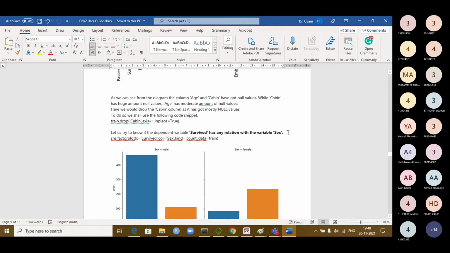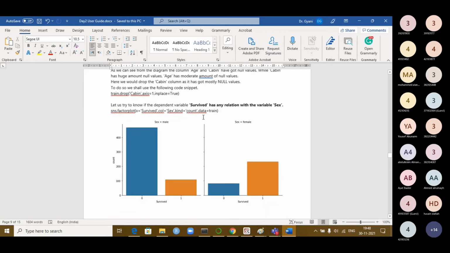So as per the general problem description, females mostly survived when compared to males, because males were sacrificed for the females and many of the females survived. So that was the conclusion from that problem. So let us see now how to make this out from a graph. I am using the Seaborn package again, which I have already imported. It is called factor plot.